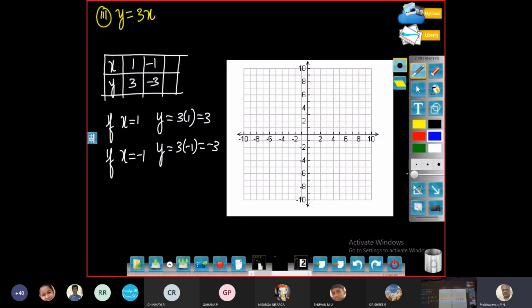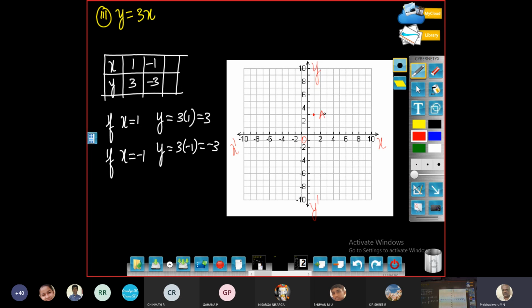Again, we'll call this the origin. This is the x-axis, x dash, and this is the y-axis, y dash. So now 1 comma 3. The x value is 1. Along the x-axis you see 1. This is the point. Then go upward by 3 units because the y value is 3. 1, 2, 3. This is the point. You can call this A.